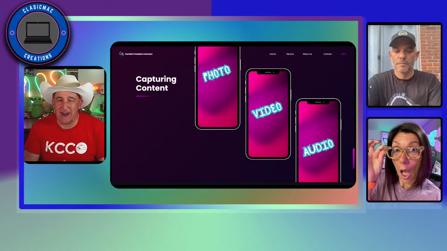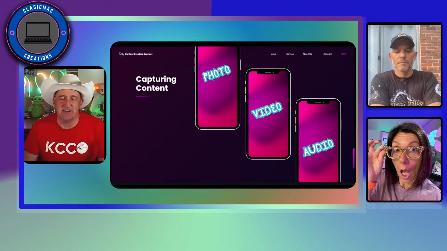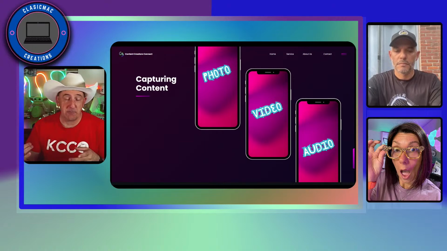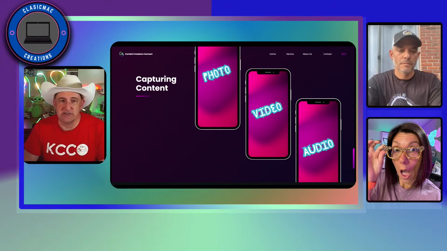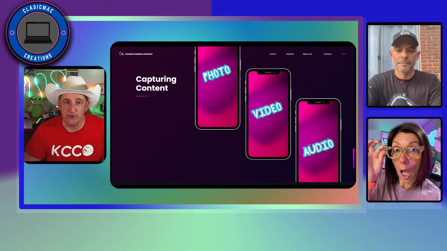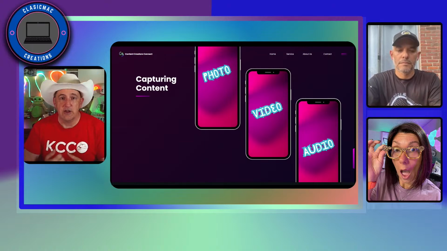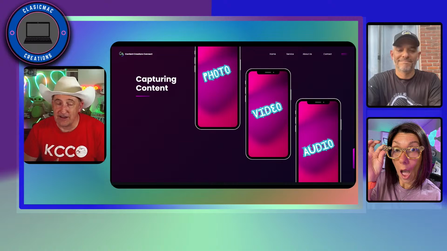When it comes to creating content, it basically can be summed into one of 3 categories: photo, video, or audio. So photos, people are taking pictures and they're going to be posting them on different types of platforms. Video, you can do short videos, you can do longer videos, and with the longer ones, maybe you're just taking some B-roll that you're going to integrate into other videos as well. Maybe it's not just uploading right away. Maybe you're going to be using it later when you're at your desktop to do some editing, that sort of thing.